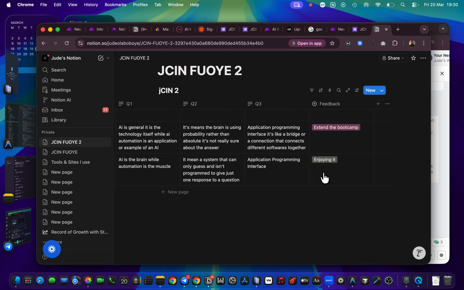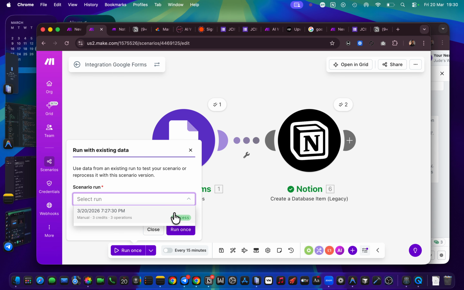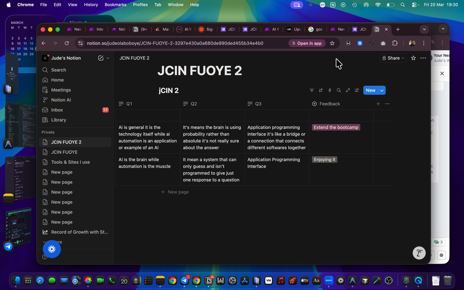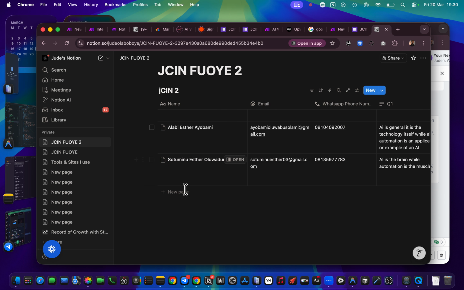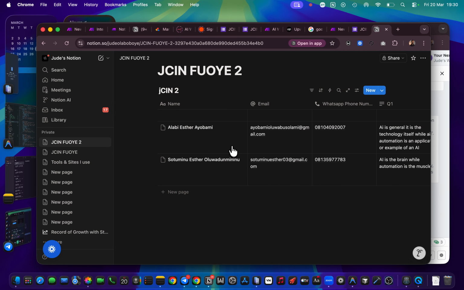So if you want to get it back again, you either have to tell the person to input their details, or use something that Make.com has made available for us now, which lets you go back to existing data. So something you've done before, you can go back there and run it again. But in this case, we have a lot of data to make use of. So these were the 2 people that came in once again, Alabi Esther and Esther Oluwatumininu. All right. So we have these 2 people, and you can see everything is working now. We have everything in our CRM. The whole automation, the whole workflow, the whole scenario is working.